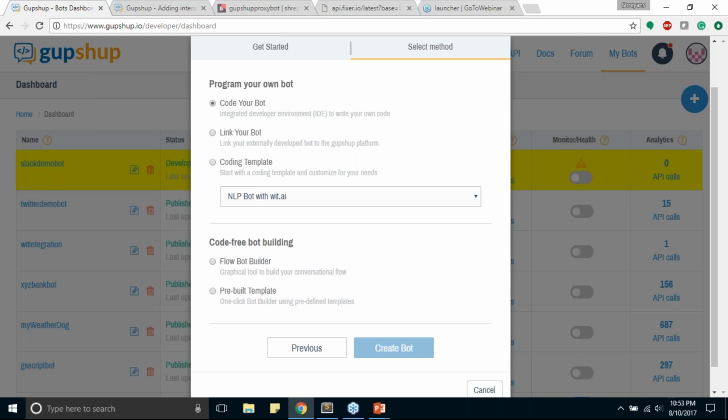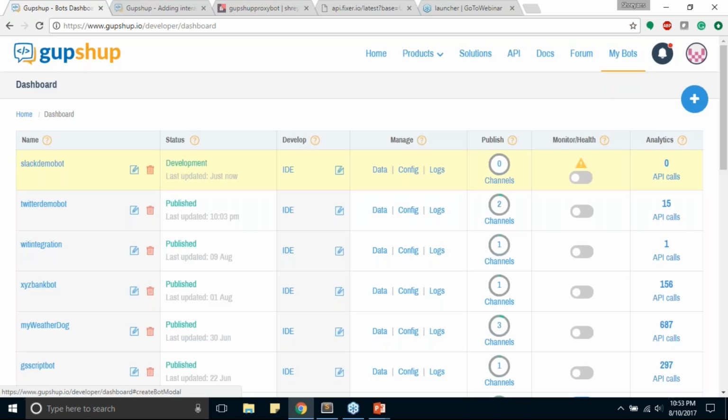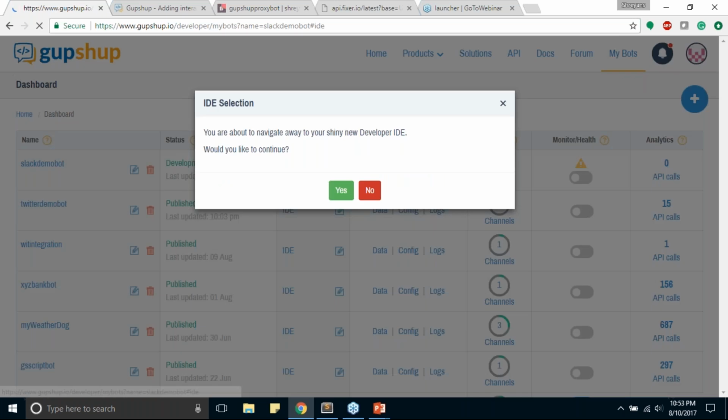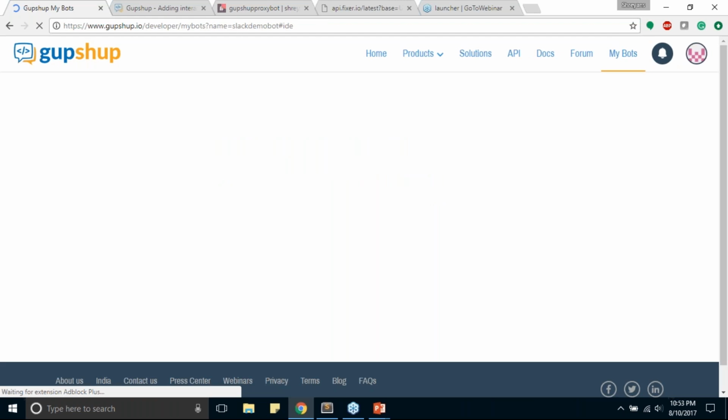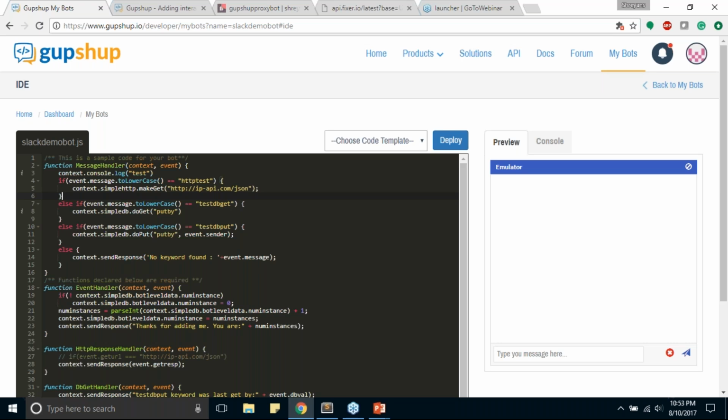As this takes some time to create, yeah, my bot is created. So let's go ahead and get into the IDE. For now, I'm just going to say no here. I just said no there because we are coming up with a new IDE which will be public soon. Right now it's in beta mode. So this is the IDE which is right now by default in production, and you will have all the default